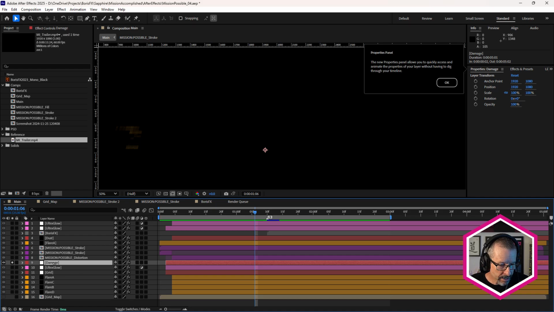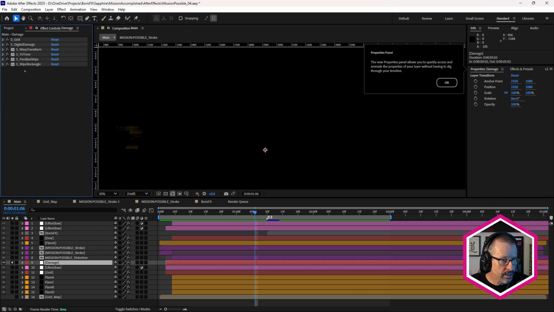But I think it would be quite useful to have a combination of these individual effects inside one Sapphire Effect preset for future use. So I'm going to show you how you can use what you've already created and create a Sapphire Effect Builder preset. So all of the effects that we want to use are on the damage layer. We're going to combine those into one effect.